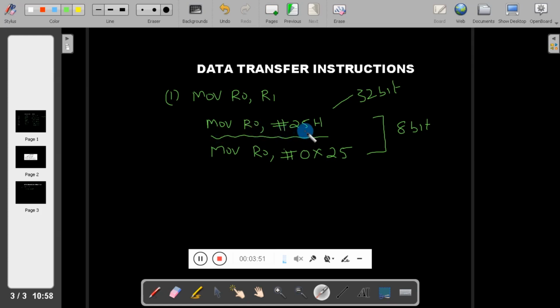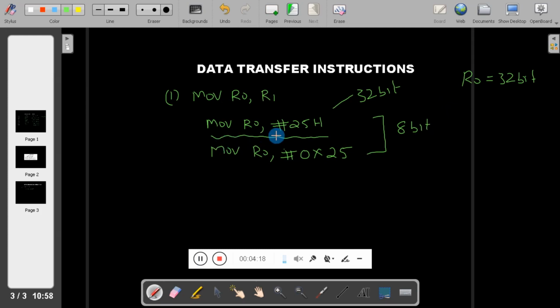So only some bits are allocated for data. Here 8 bits are allocated for data. If you want to transfer 32-bit, because R0 is a 32-bit register, in immediate addressing mode it is not possible. You have to use some other addressing mode.